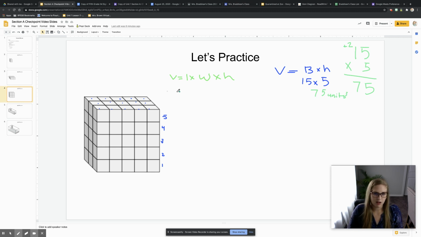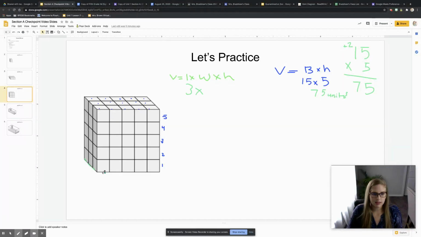Okay, we want to solve it with the other equation. So if you were asked, what's another equation or what's another way to write the equation for volume? So instead of base times height, 15 times 5, I would do length times width times height, which we are about to solve. The length, 1, 2, 3,